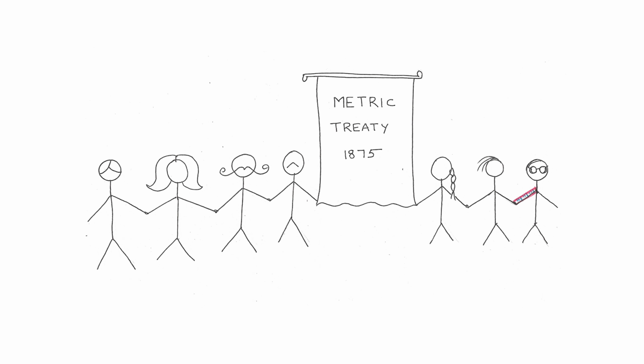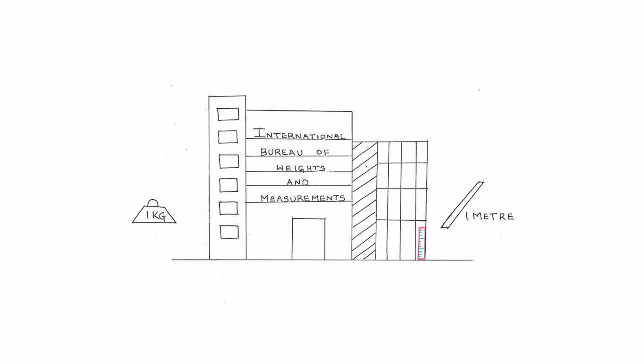Nearly a century after the French invented the unified metric system, British scientists Maxwell, Thomson, and Lord Kelvin came up with a similar idea. And then in 1875, a metric treaty or a metric conference was held in Paris. In this treaty, 17 nations decided to use one standard weight for a kilogram and one standard length for a